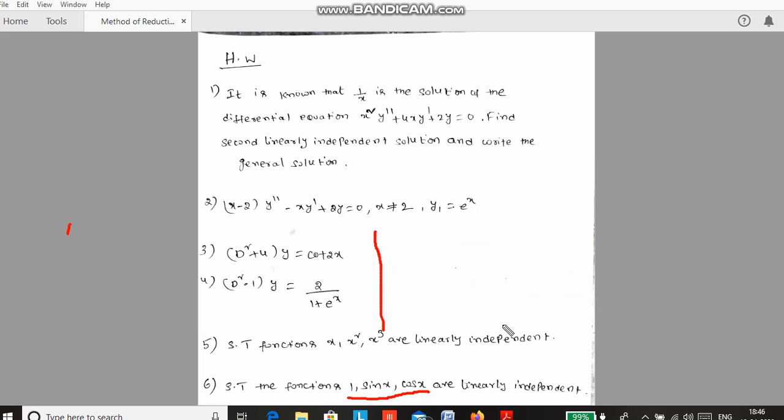Already you studied: if the right side of the function is e power ax, if it is sin ax, if it is cos ax, and another is x power m, and one more formula is e power ax into v. For different functions, we have to find the particular integral by using different formulas. Okay, next are the method of variation of parameters, Wronskian and Euler-Cauchy homogeneous equation, and the method of reduction of order. So this unit contains these topics.